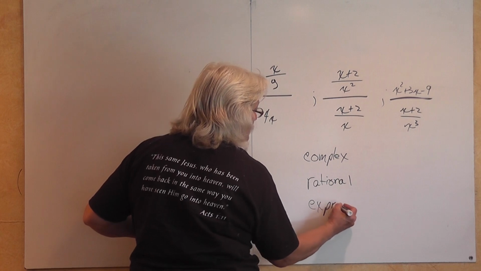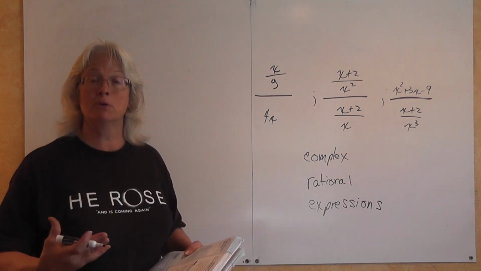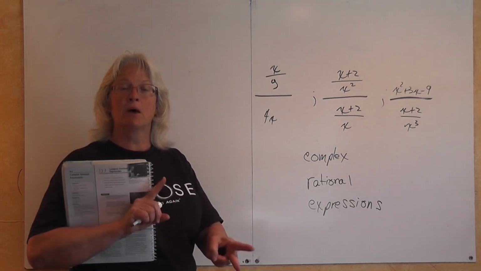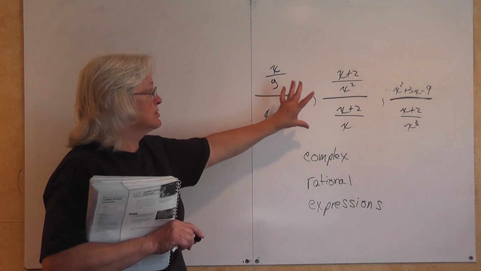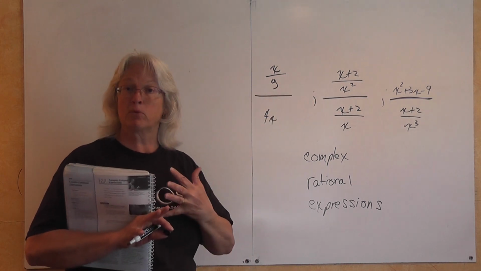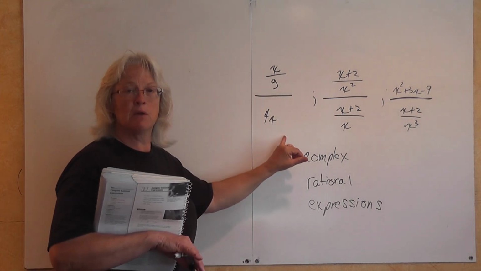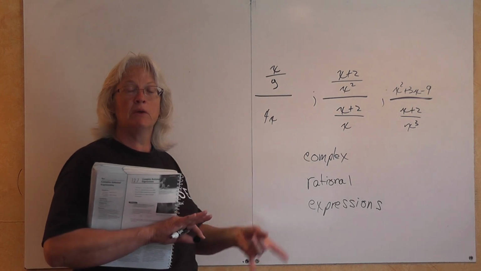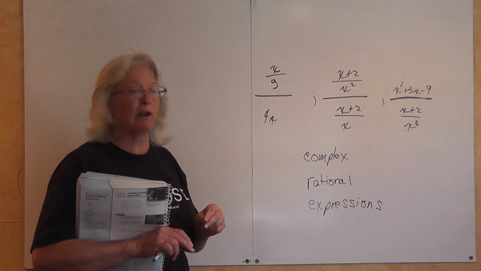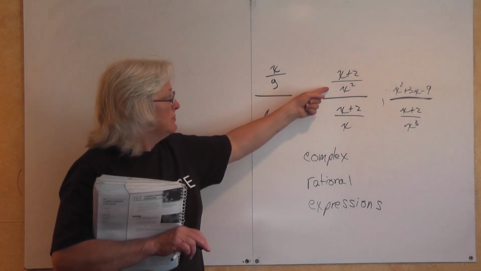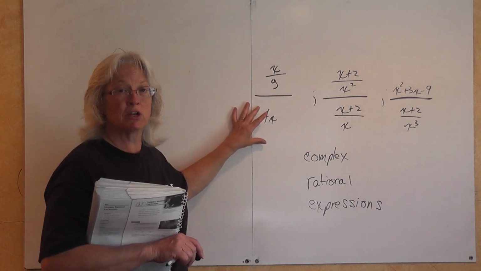The purpose of this lecture, what we're learning in this section, is how you simplify complex rational expressions. We're going to see that we have two methods that we can use to solve these complex rational expressions. One of them is the one that I prefer, and they call this method 2. It's where we use the principle that division is the same as multiplying by the reciprocal. And then we have the first method, which is where we're going to multiply the numerator and the denominator by the least common multiple